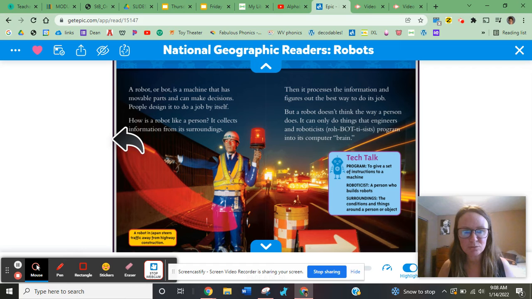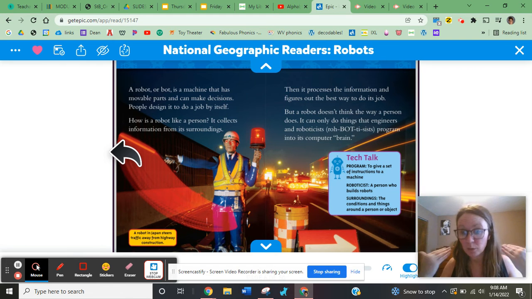So as you're writing today, think about how you can make your information easy for your readers. We want to have our audience in mind because we are experts, but they are not. And so as the expert, we have to find ways to make our information accessible and easy for them to read and to understand. So the more pictures and little bits of information that we can put around the text,